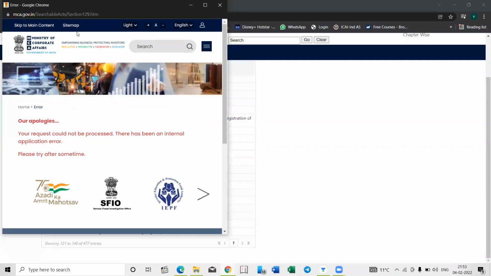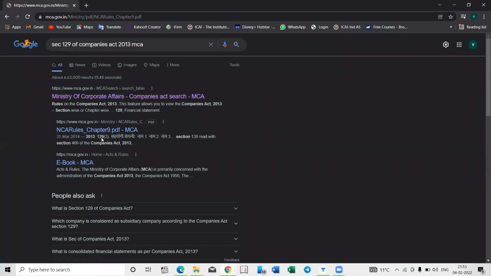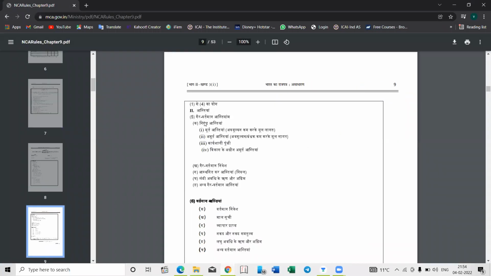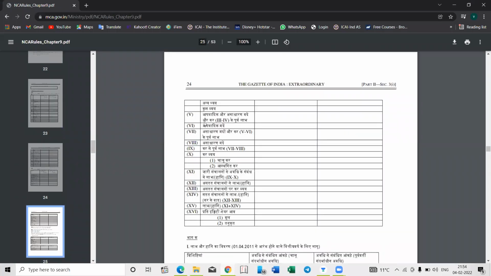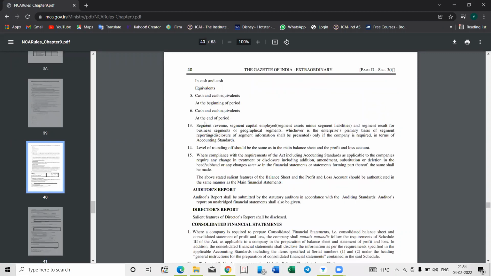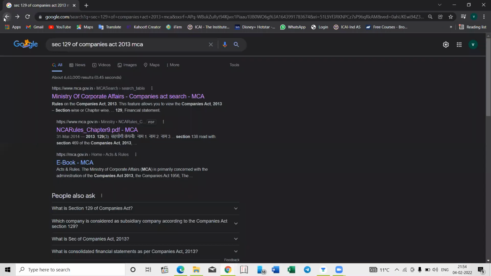Oh, not error on this side. Let me open the ebook. Okay. Here it is, guidance, AOC, note the section.